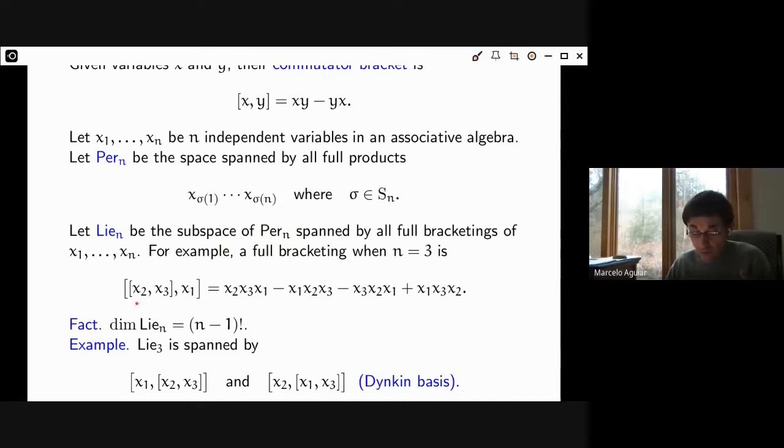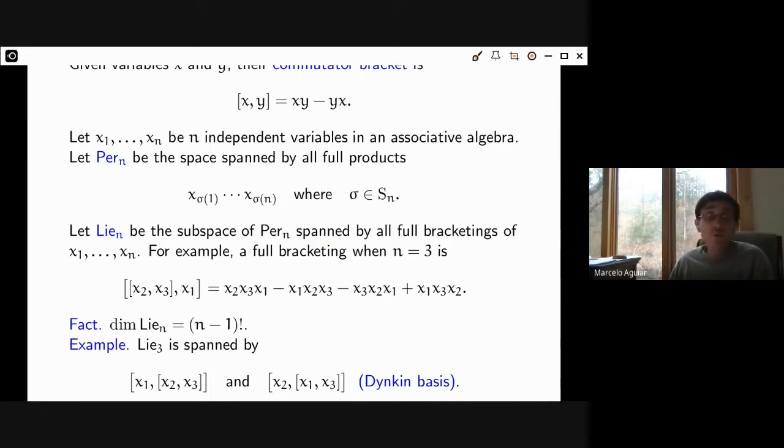For example, here I chose x2, x3, x1, and then we simply bracket the variables in any meaningful way in an iterated manner so as to obtain, in the end, an element of our ambient vector space. So here's one example, in which I chose to bracket first x2 and x3 together and then with x1. And of course, we span that out and we get a certain linear combination of the monomials that we had before. So the generators, the linear generators of this vector subspace Lie n,